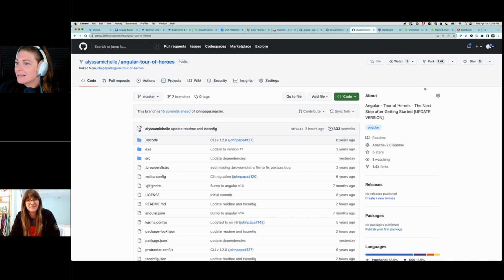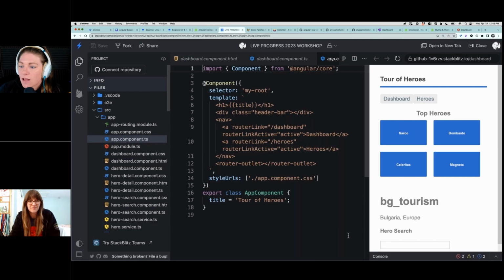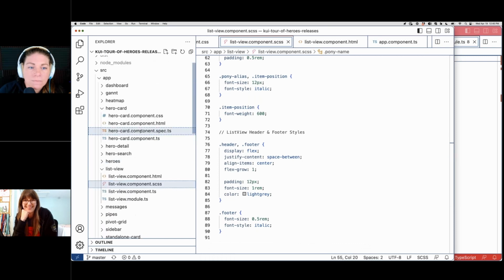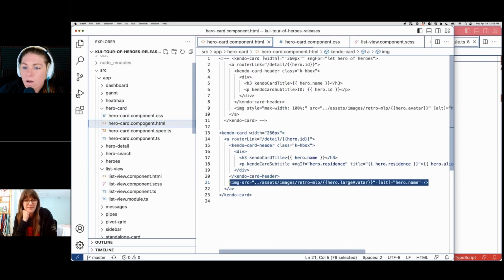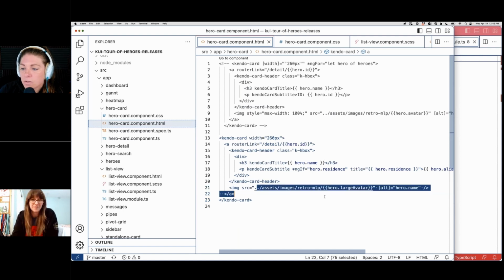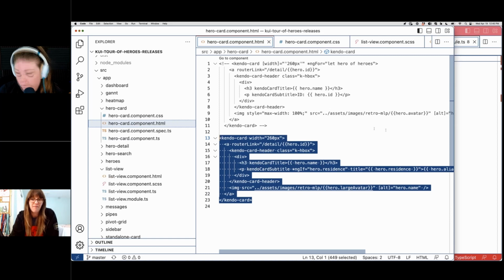Let's see. I'm trying to see if there's any other things we can do. I want to go and customize this in Stackblitz if not. So let's go and check out our card component. And I'm actually going to steal from our Ponies because I have a card that I've written and I'm pretty happy with. Although she points to an image that I'm going to have to